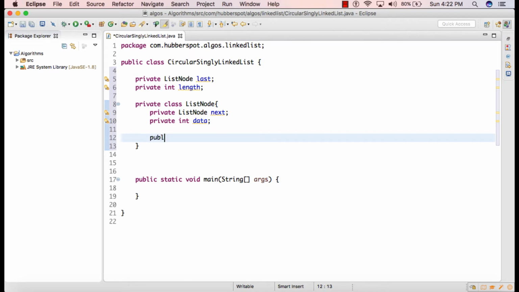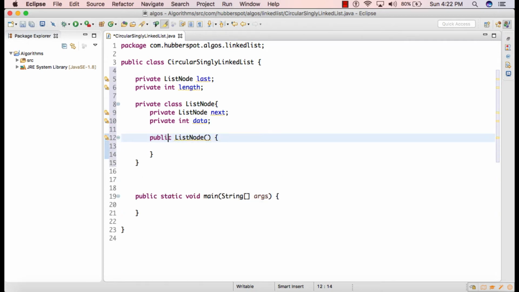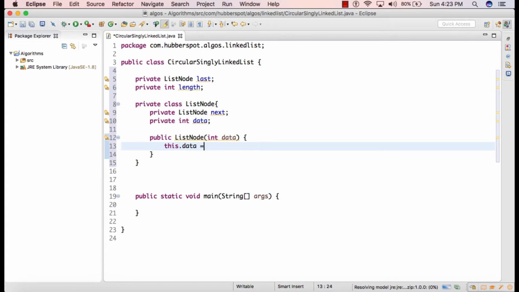We'll create one constructor. Now this constructor will take the data part.